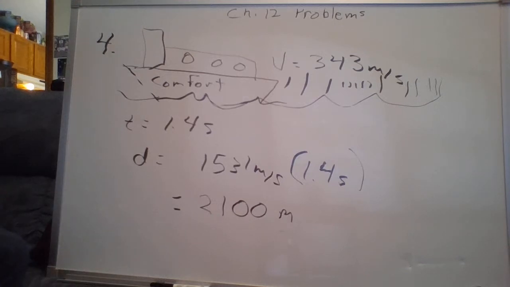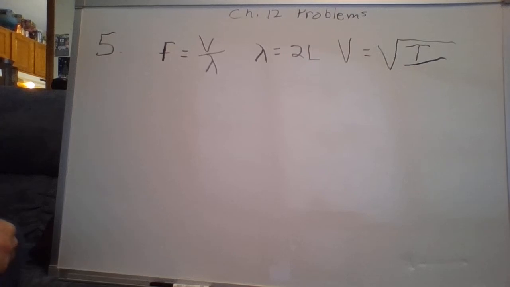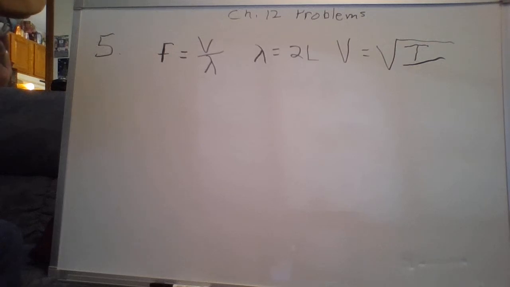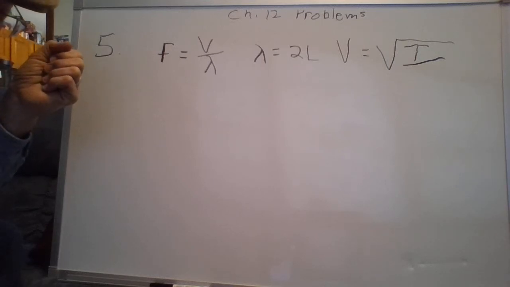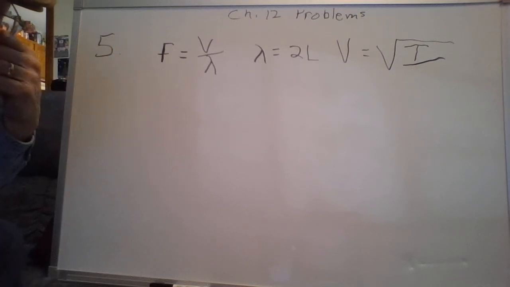Let's pause that and get ready for number 5. All right, we're back. Number 5. The vibrating part of the G string on a violin has a linear density of 3 times 10 to the negative third kilogram per meter. It is 330 millimeters long, or 0.33 meters long, has a tension of 50 newtons. What is the fundamental vibrating frequency?